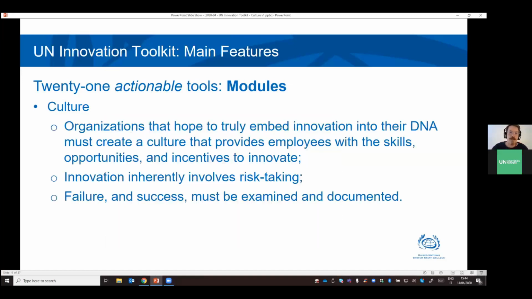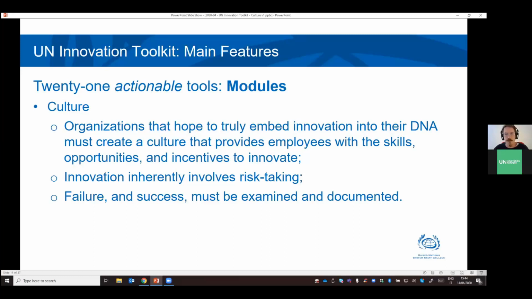When we think about culture, organizations that truly hope to embed innovation into their DNA must create a culture that provides employees with the skills, opportunities, and incentives to innovate. I think this is very clear. However, what is less clear or less accepted by a number of particularly decision makers is that innovation inherently involves risk-taking. Failure will happen, as will success, but when failure does happen, as I say, it can't be ignored,